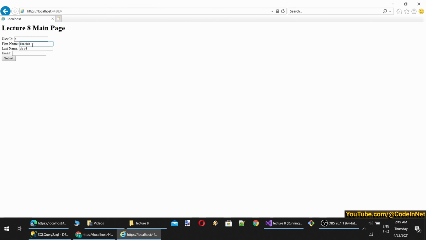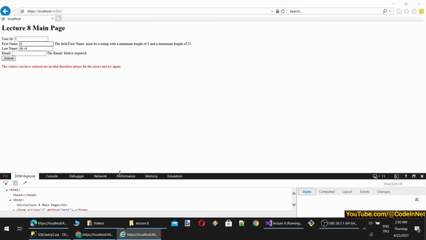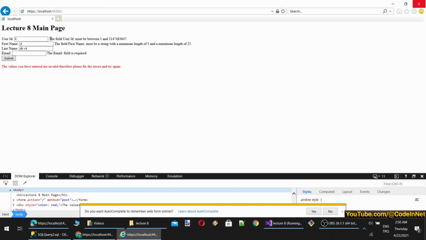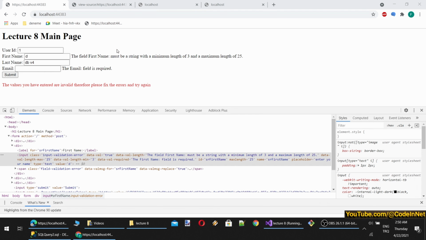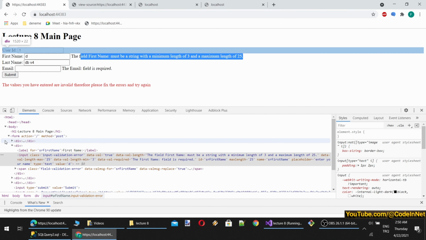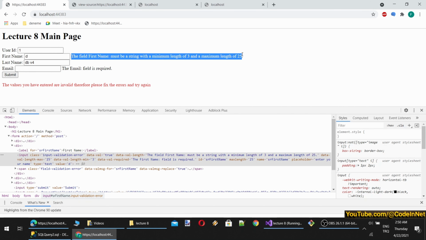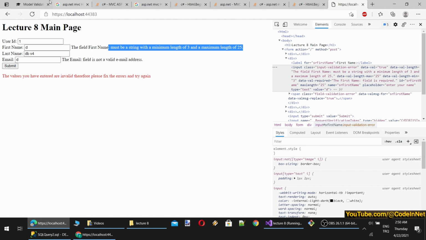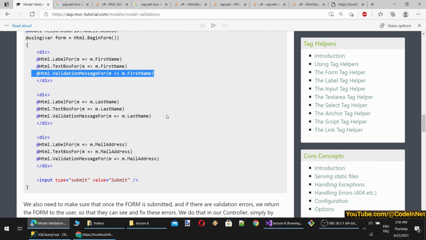is working or not. Okay, let's try like this. Oh, it is still working. This is not the oldest Internet Explorer. This is the one that were still decent. You see also there is data value D, which is what we have set. When I set like this, okay, it says that the field user ID must be between 1 and the integer max. It is working. Now we are also seeing error messages just next to the element with span, as you can see. And it is extremely useful, extremely easy to implement.